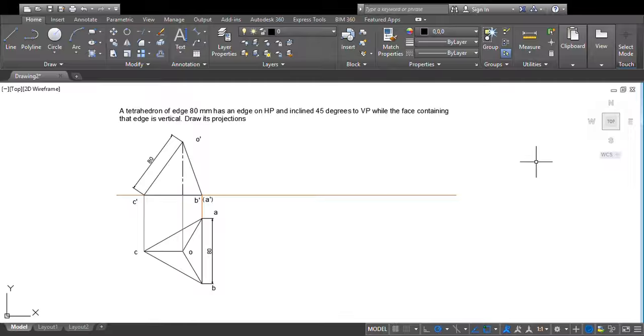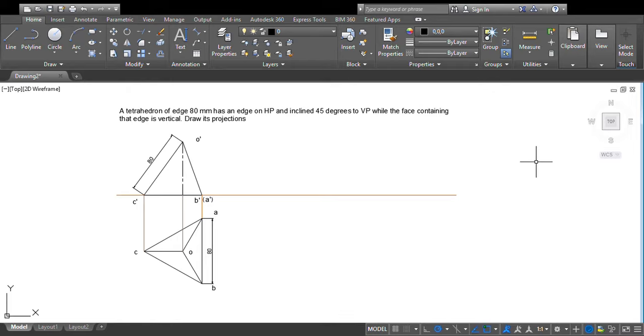Hello everybody. In this video, we will see a problem based on projection of solids, projection of a tetrahedron. The question is: a tetrahedron of edge 80 mm has an edge on HP and inclined 45 degrees to VP, while the face containing that edge is vertical. Draw its projections. So we know that a tetrahedron is a triangular pyramid which has got all the edges of same